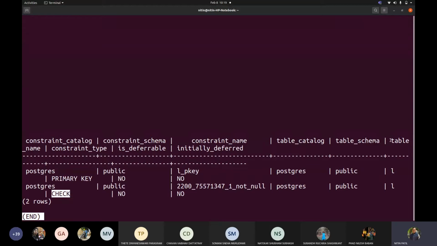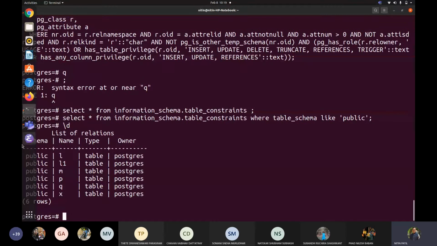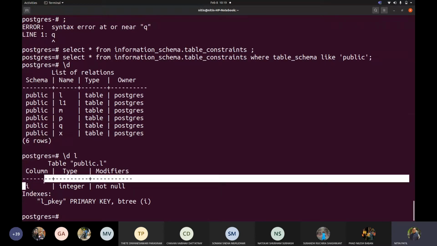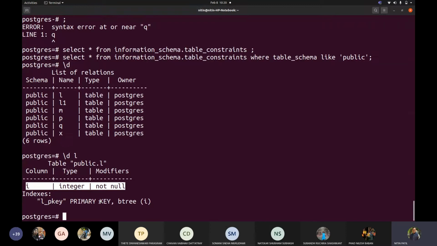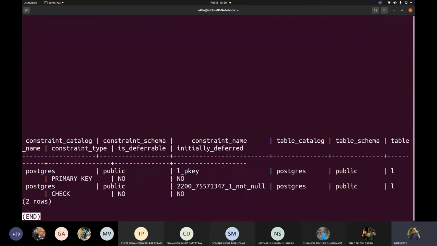Even if you see, there is a table name added, table schema and table name. So if I try to see /d, there is a table which is created by us, correct, where we took this L as a table and a column L to be I is taken as a primary key. So whenever I tried selecting that information for this table, it is showing me this, correct.